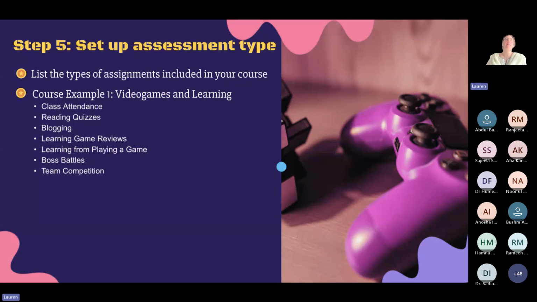So at Air University, it's actually already built in, right? Students have to have 75% attendance in order to be able to sit in on the exams, or the final exam. So in that way, it is already an assessment. In other institutions, people might not take attendance regularly. At Air University, you can kind of think of attendance as an unlock, right? You can only unlock the final exam if you have 75% attendance or more.